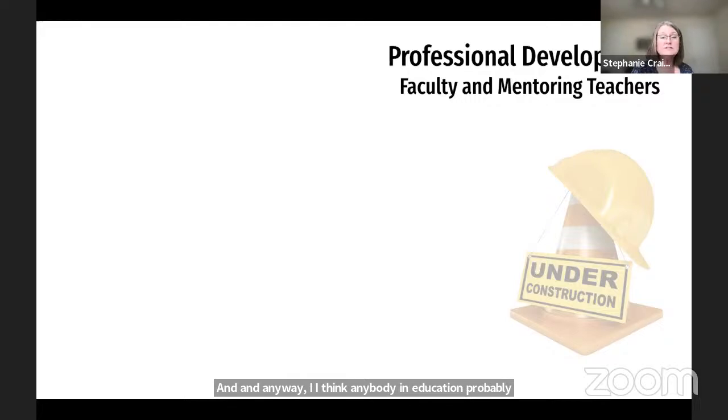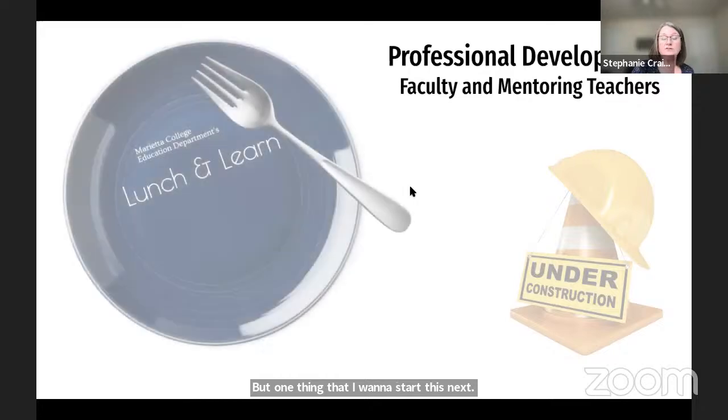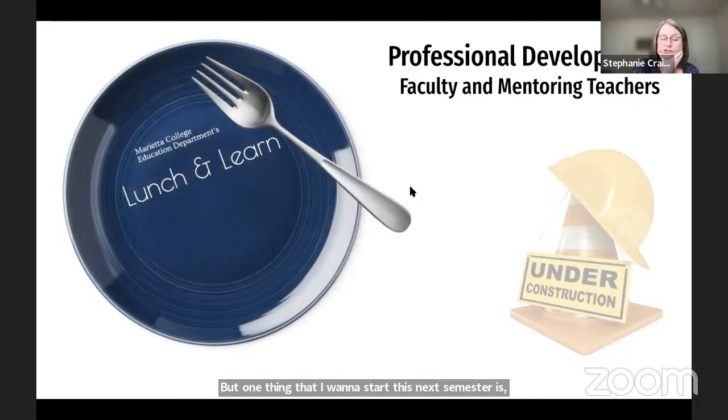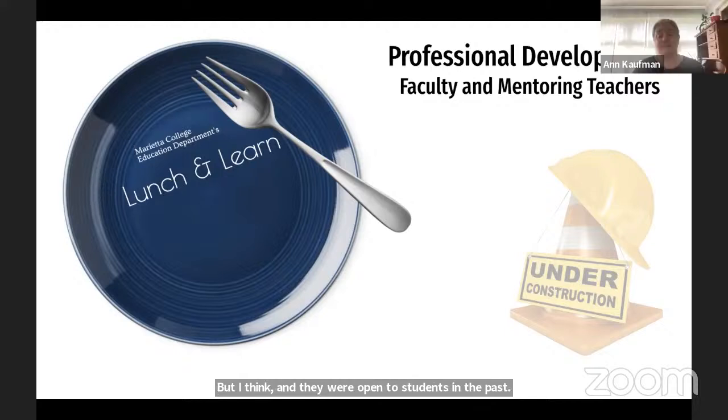But one thing that I want to start this next semester or this next year are some lunch and learns. I'm going to think quarterly to begin with. It's still in the works, and doing these for our faculty. And in the past, I believe, because they haven't had any since I was here, they were open to students. Is that correct? Yes, if you're talking about what I believe you are,